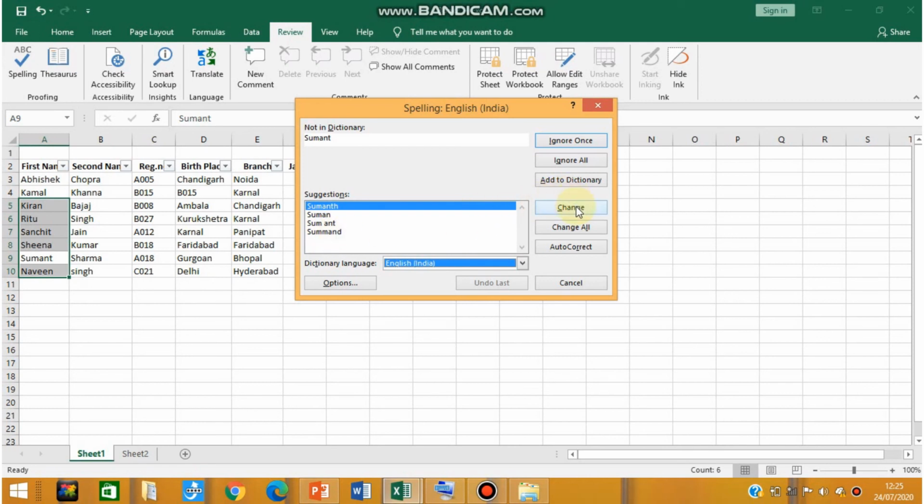Fine. Now suppose you want to change the word. You want to change the particular name of that cell. Okay, whatever word you have entered in that cell, you want to change that word. From the suggestions box, you have to select any of the words, okay, and then you have to click on the change option, okay. Then change all means whatever word you want to replace with the suggestions available,